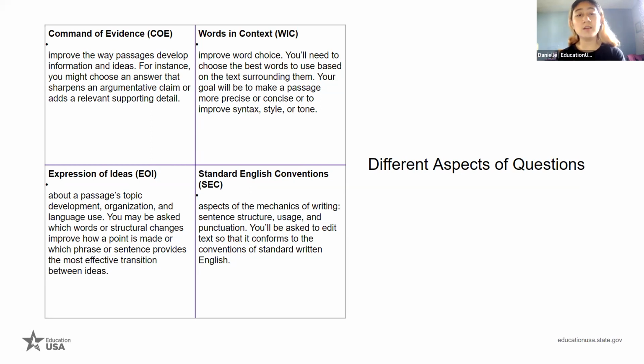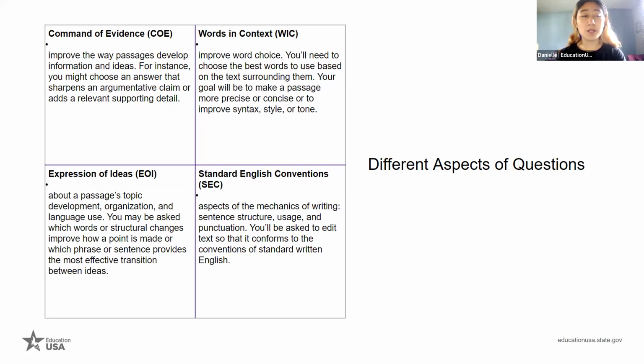Words in context: you're going to be asked to improve the word choice to make it sound better in the passage, or even to improve the tone or the style. Expression of ideas: it's about the passage's topic, development, organization, and language use. You could be asked to use words or structural changes to improve how a point is made,